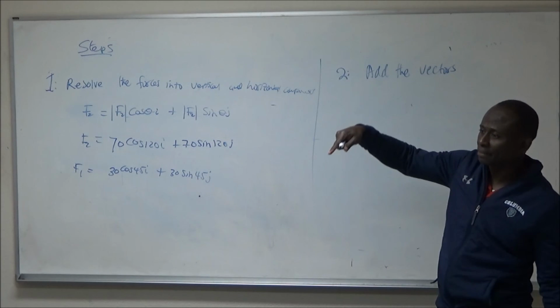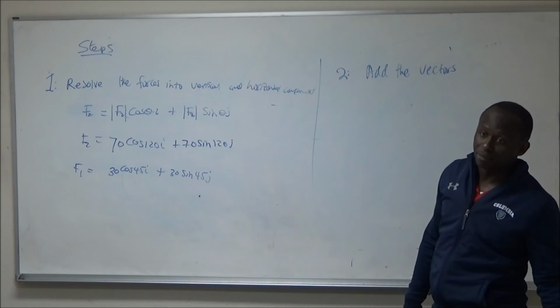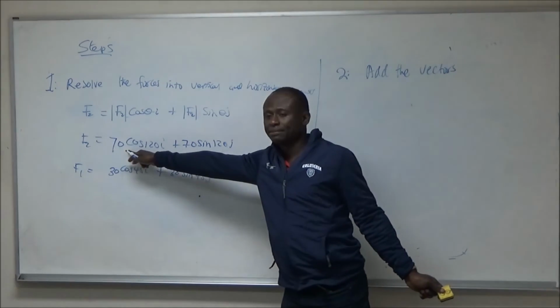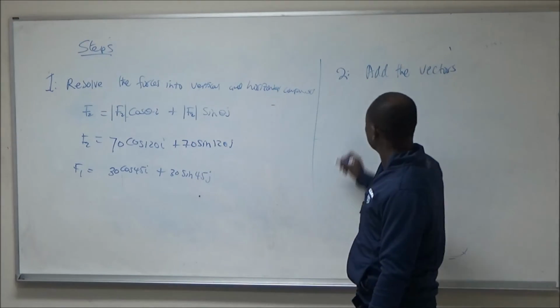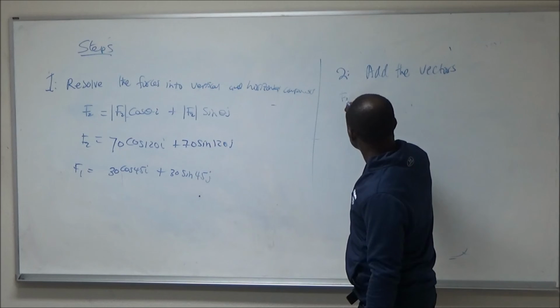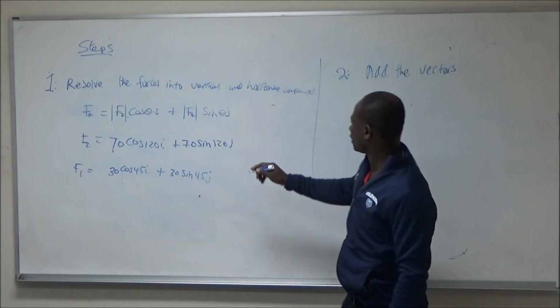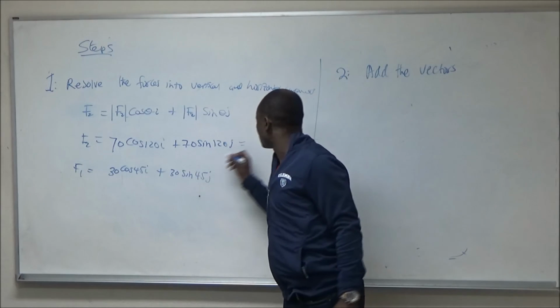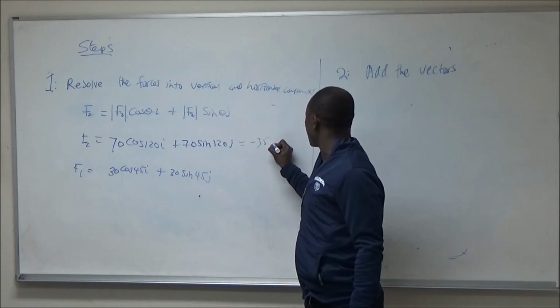So that's half, right? But negative half because you're in the second quadrant. So this is going to be negative 35i. So F2, let me write that here, is negative 35i